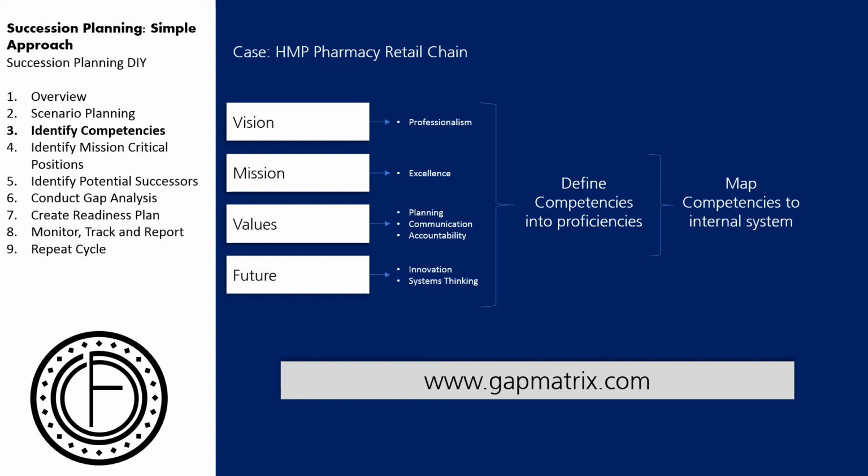First and foremost, the vision of the company is very, very important. The mission of the company is also very, very important. You need to look at the values of the company. Most organizations do have some values that they've identified. Now, those values are just not statements. They are statements that would help to propel the actualization of the vision and the mission of the company. Then the future. Now, what does the future look like? What is the future saying? This future is a bit that you tie with the scenario that we've talked about earlier on. So if you look at these 4 areas mentioned here,